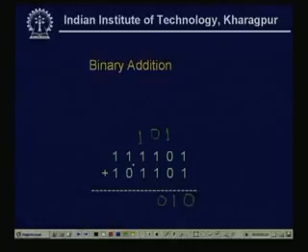Now, we see this value; actually this is 1 plus 1, and for this I am getting 1 plus 1 plus 1. So, here 1 plus 1 means sum is 0 and carry 1,